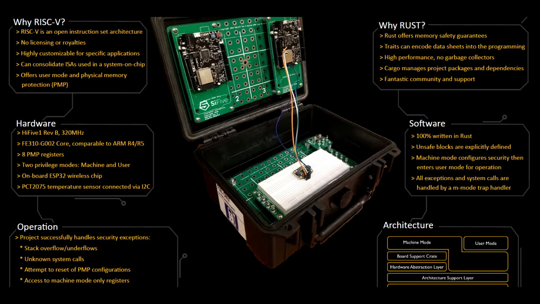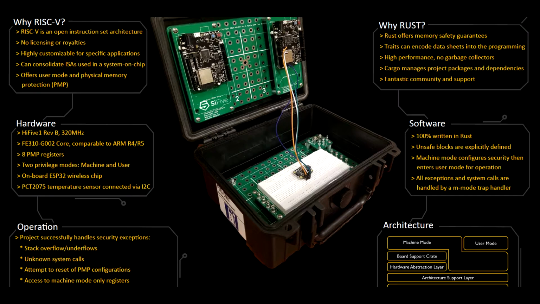I chose the RISC-V instruction set architecture because it has the potential to do what Linux has done for software, but for hardware. With no licensing or royalties, the limits are endless. With support for 128-bit architectures, atomic and compressed instruction extensions, RISC-V is future-proof and can be applied to high-performance computing